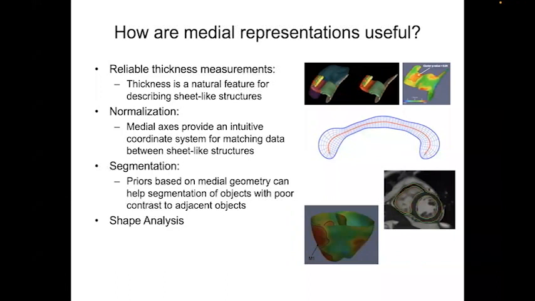Another area where medial representations have proven useful is for normalization. And again, this is something that Steve recognized many years ago, that the medial axis provides a very intuitive coordinate system for the interior of an object. And we can use this coordinate system to match data between different sheet-like structures in a much better way than if you apply deformable registration to these structures with just standard smoothness constraints or standard diffeomorphic techniques like LDDMM,